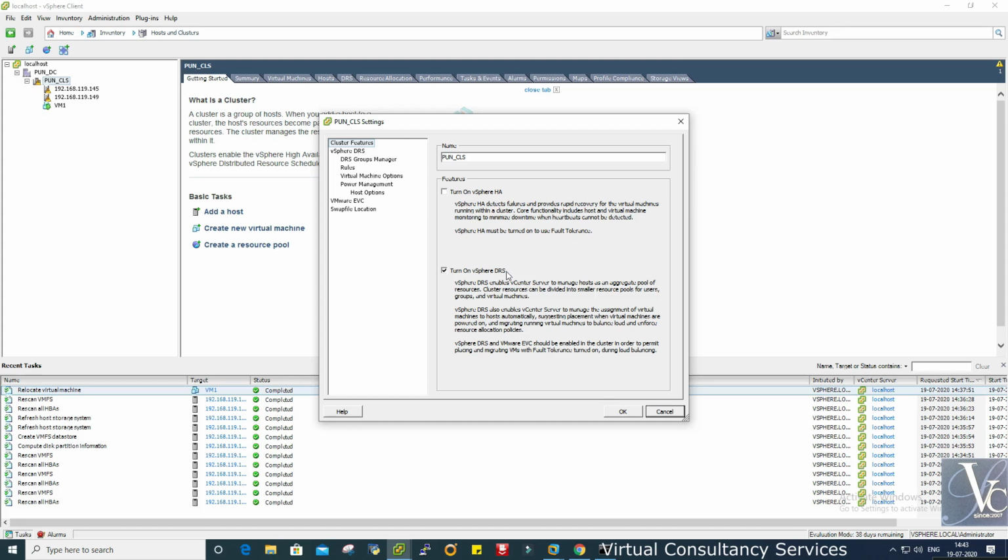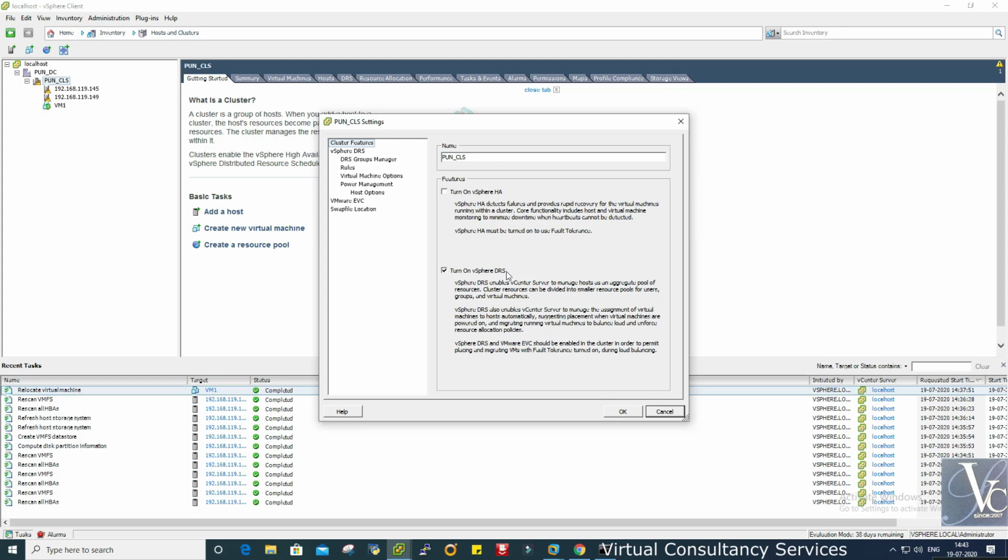So when the resources, that is CPU and memory, are highly utilized on a particular ESXi host, either memory or CPU, then the VMs will get vMotioned, or live migrated without downtime, to another healthy ESXi host.